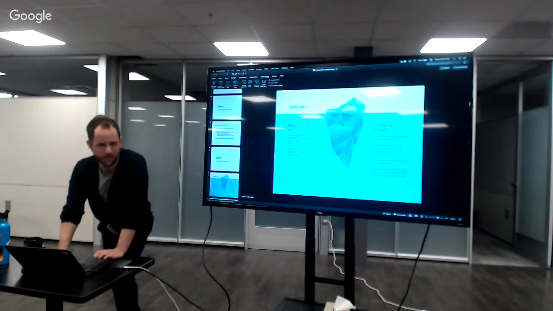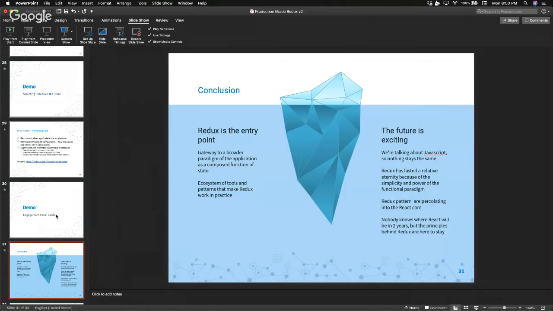And so this is my conclusion, and then I'll open it up to more Q&A. The PowerPoint deck came with this cool iceberg slide, so I wanted to keep it. But I really do think it's true. Redux, for me at least, has been a gateway into much more interesting ways of thinking about web applications. When I came into web application development, I was just clinging to my jQuery and thinking about the DOM as this big hierarchical mutable thing that I could poke at and get to look different or act differently. And Redux has really helped me rethink what an application is and reframe everything in a functional paradigm, which, for me at least, has been a much better way of thinking about it.